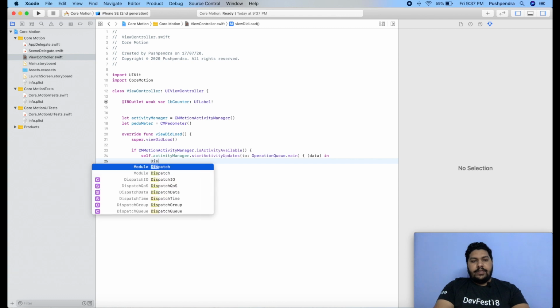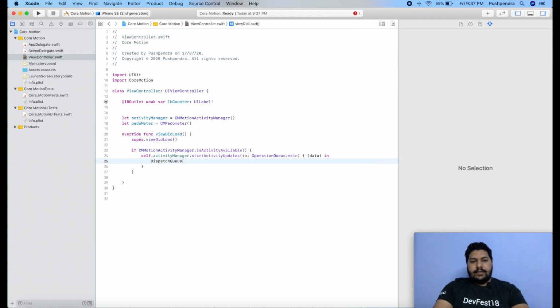Okay, so DispatchQueue.main.async. So from here we are going to start listening to the data. So here let activity equals data, and here we will keep an if condition so that we can get the proper data.